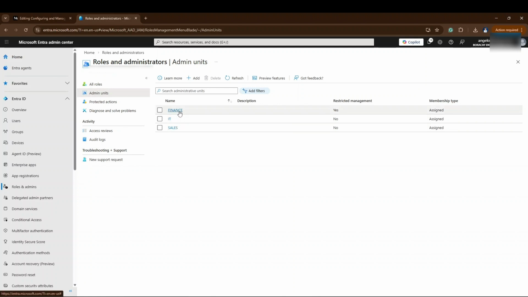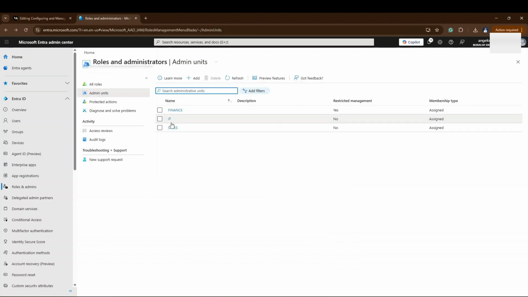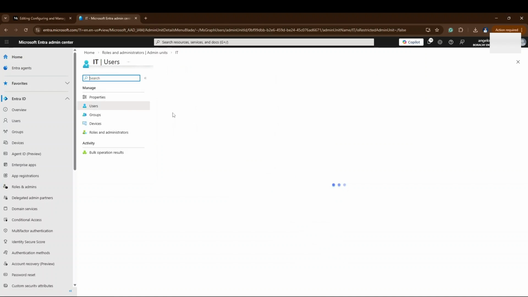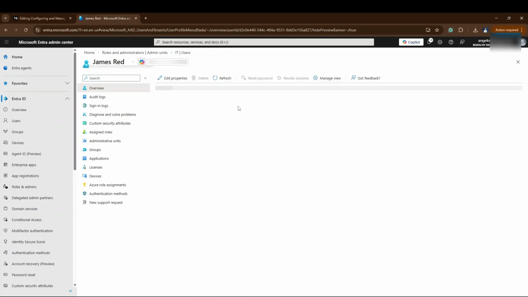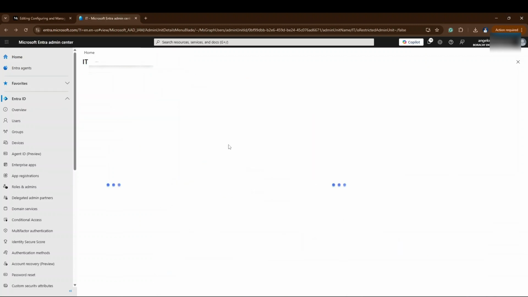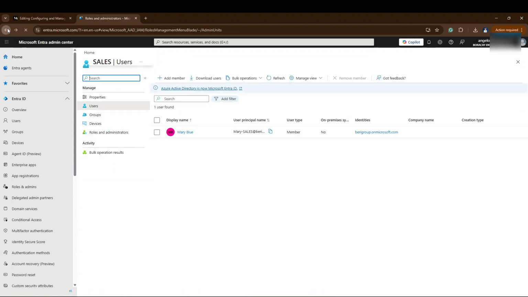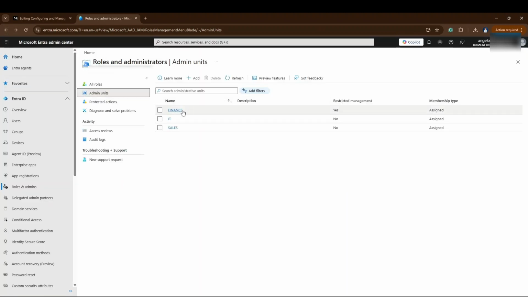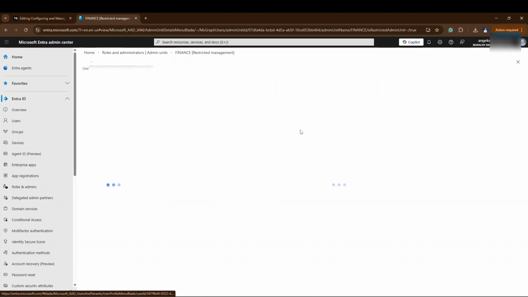Let's see if we can access this IT AU. We can manage this user. Sorry, this one, we can manage the IT AU. Let's go first to finance because we toggled yes for the restricted management in the finance. And when we click Jan Gray,